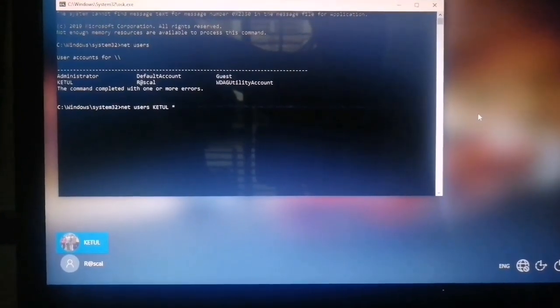You just have to type net user Ketul space star. Here you just have to type your administrator account, then press enter. Okay, done.